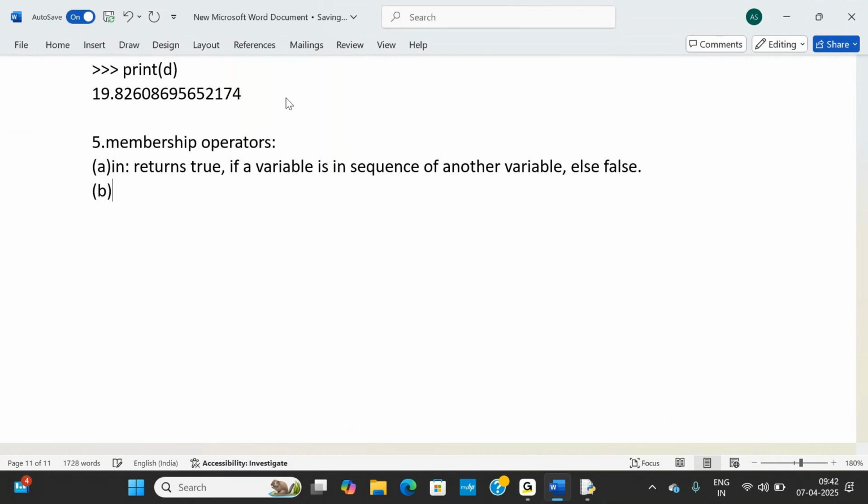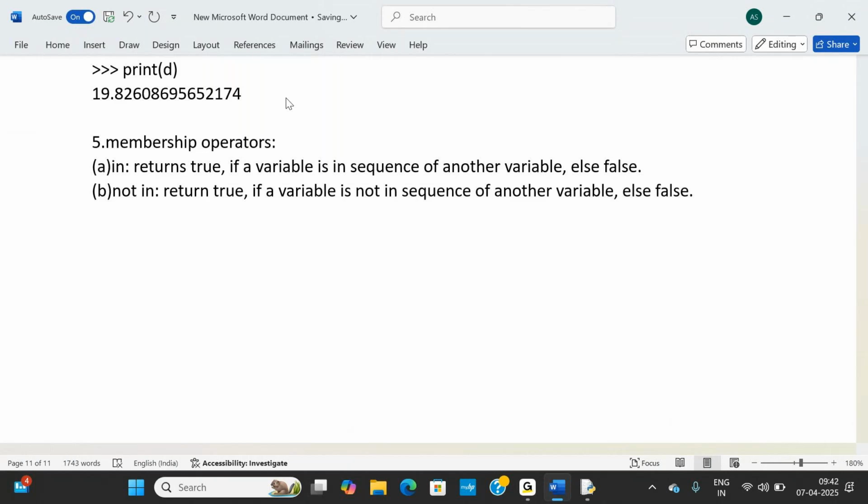So the second one is the "not in" operator. So what is the "not in" operator? It is going to return true if a variable is not in the sequence of another variable, else you need to take false. Example, let us take here